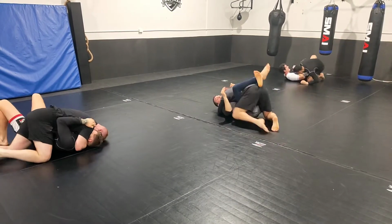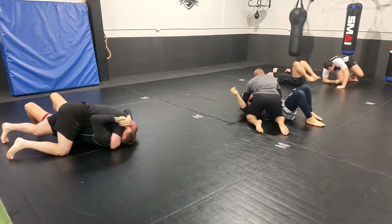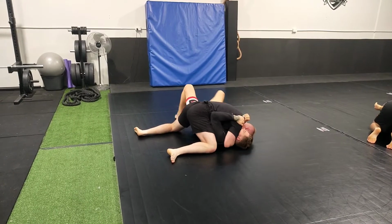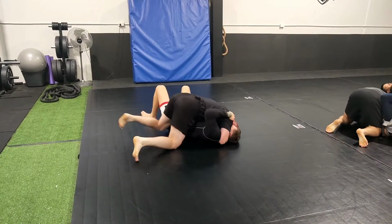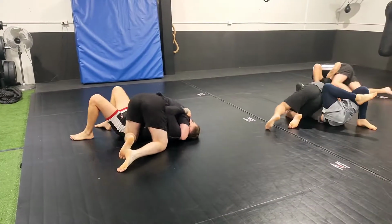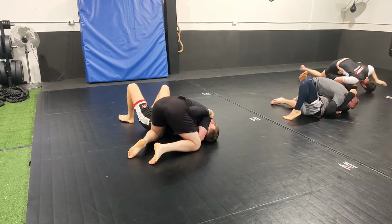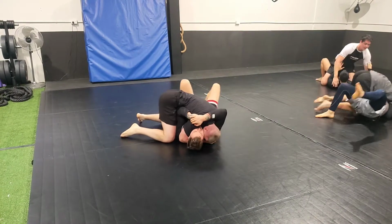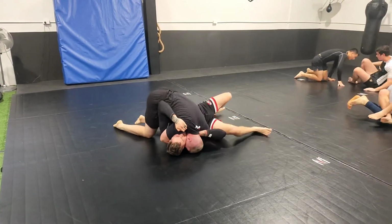And then the underhook is probably the third thing. So keeping that underhook is going to stop your opponent from being able to get to your back, or at least get belly down and work their way into a turtle position or try to wrestle their way back up to their feet. So those three things: near side hip control, cross face pressure, and far side underhook. They're the three really key details that you want to have if you want to try and hold someone down